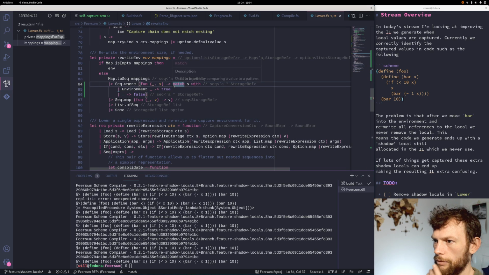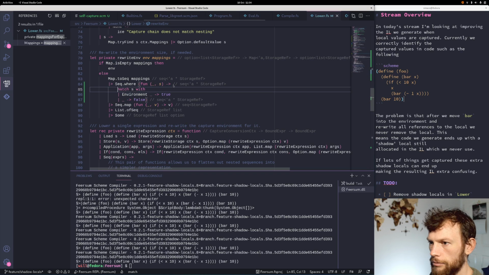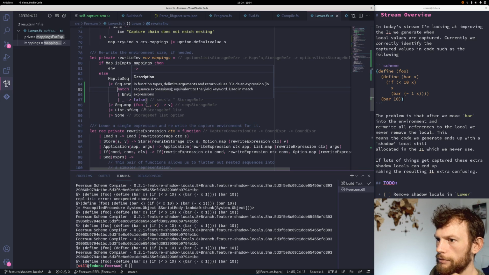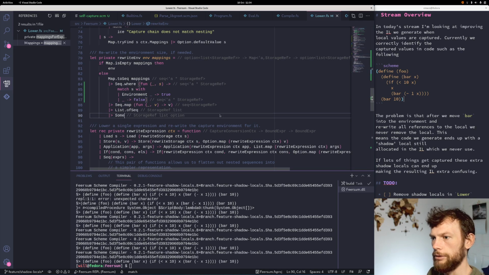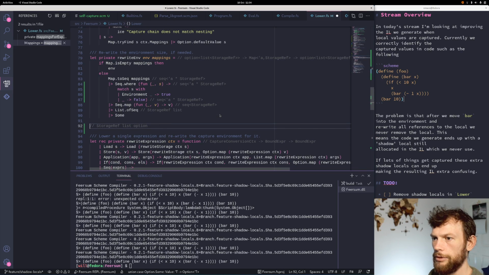And you're right, that is not indexed. So we've updated rewrite env so that we're only going to send the things that